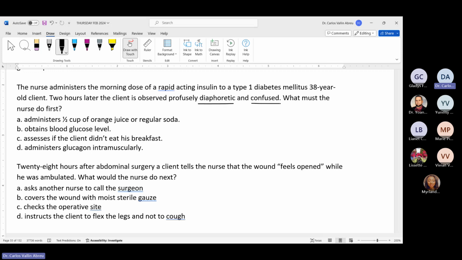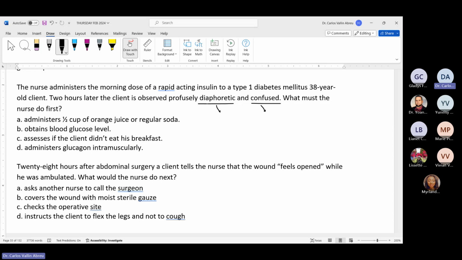Confusion and alteration of the brain function are manifestations of hypoglycemia. Nevertheless, the diaphoresis and the altered mental status are not exclusive manifestations of hypoglycemia, they can also be manifestations